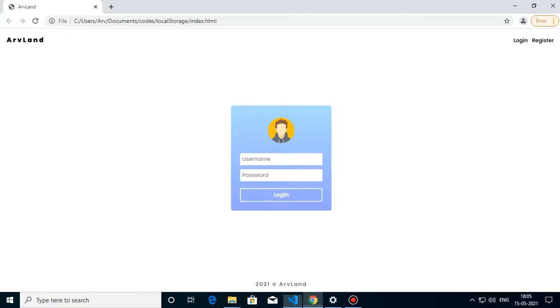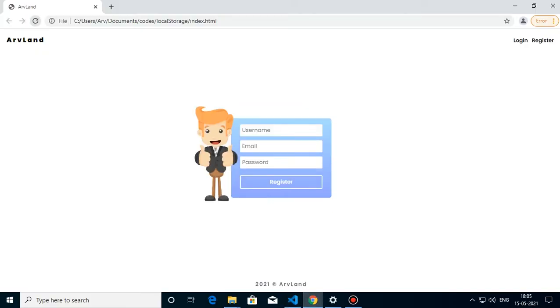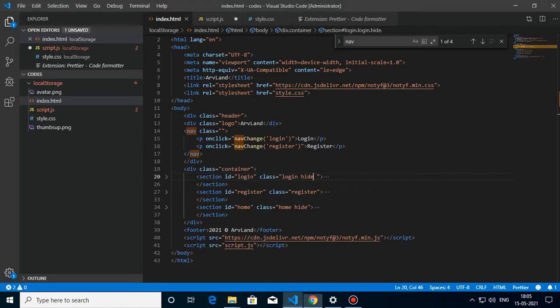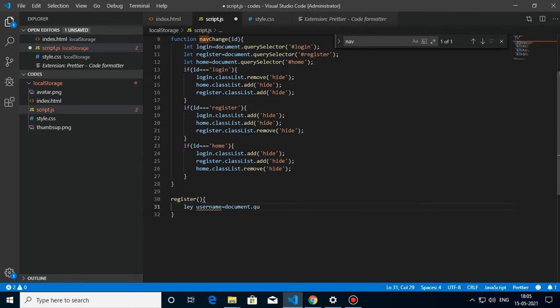So let's see what happens. See, now the registration part is showing up. So now you have an idea about how you can toggle between different sections, right? Because I have made the styles like that, so when you add a class named hide, it won't be shown up. Okay, so now you can go to the script page.